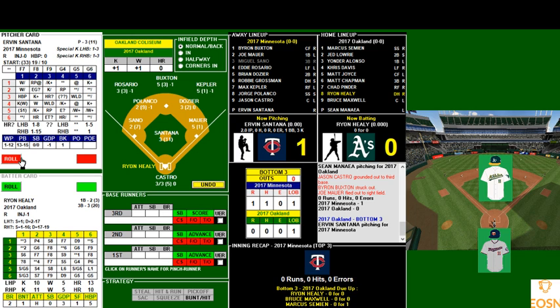And now here comes the Athletics. No runs, no hits, no errors. Healy, Maxwell due up for the Athletics. It's 1-0 Minnesota. Just to let you guys know, I made one change to the game engine,